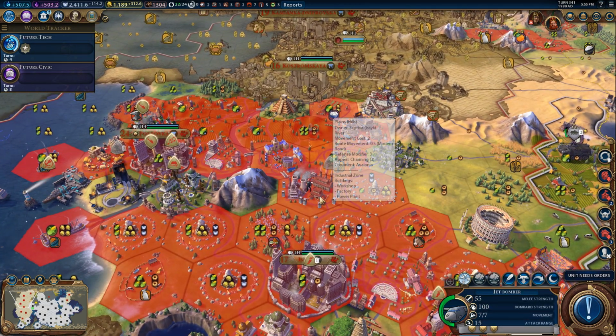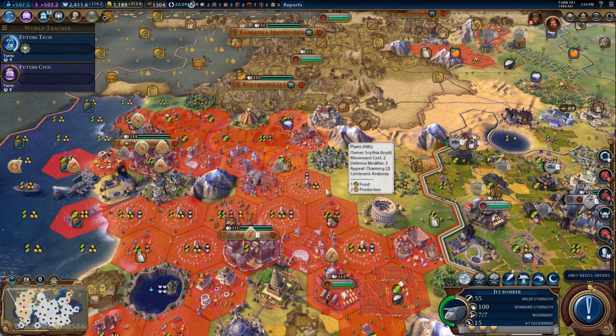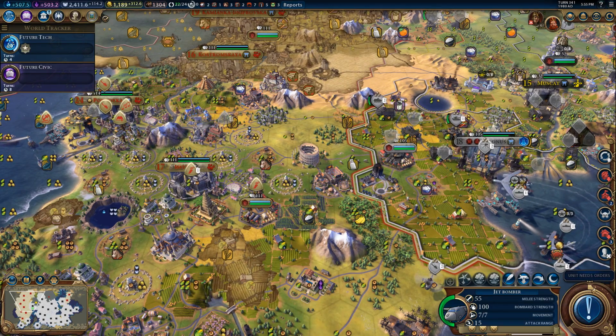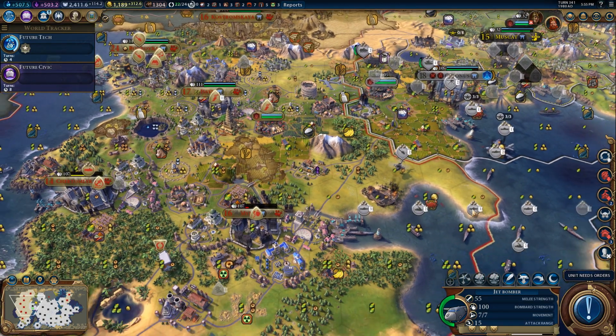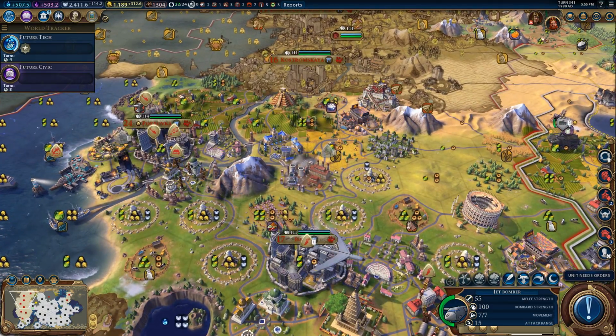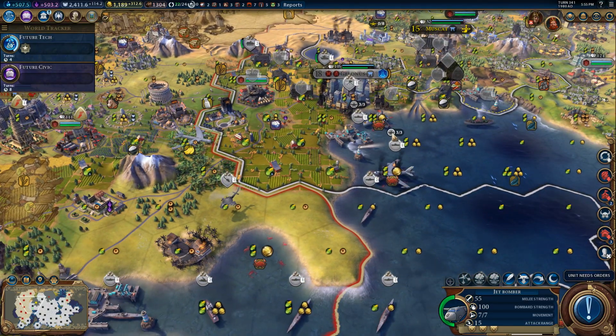So I can hit their entertainment district, I can hit their production district. Let's go ahead and do that. Let's bomb the crap out of their production. Just wreck her ability to push back, do any repairs, stuff like that. So that should kill one of the buildings and give me the ability to...